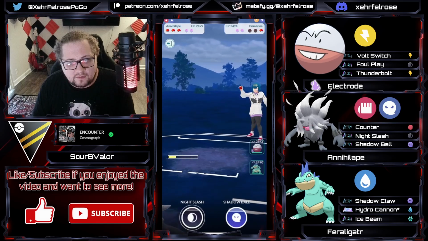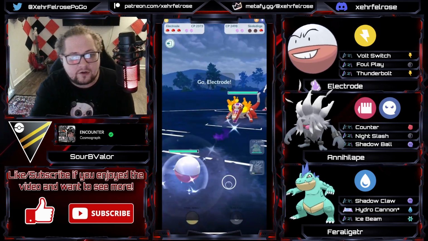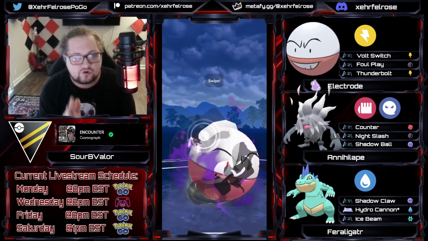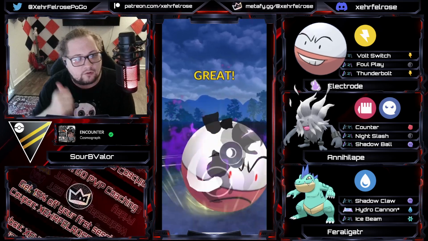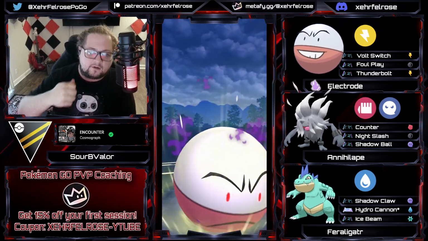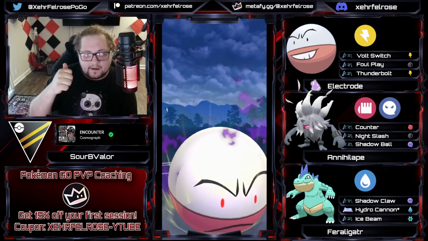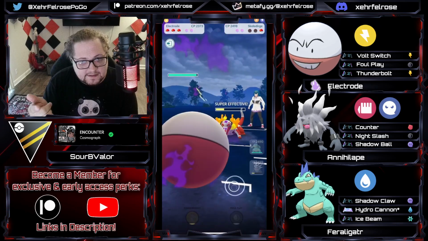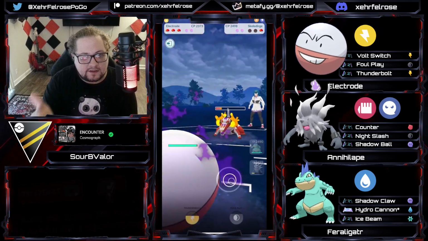And, like, this is... Look, safe switch the Skeledirge. They were going to get hard countered anyway. I get it. In this particular game, there's no way the opponent wins. They were triple hard countered all the way through. SourBValor gets Electrode on the Primarina. We get Annihilate on the Sandslash, and then he would have brought in Feraligatr to deal with the